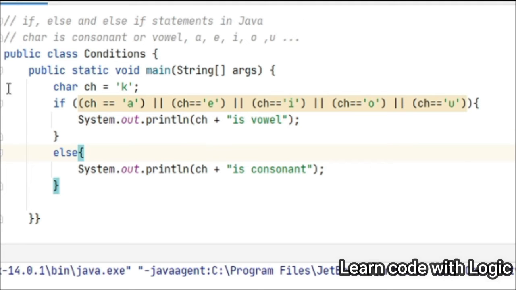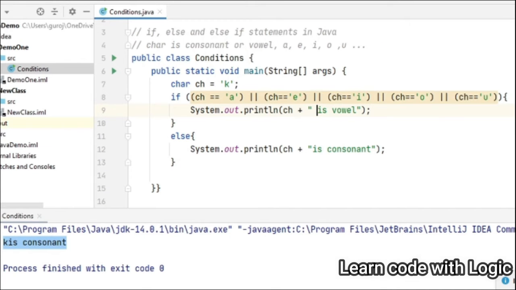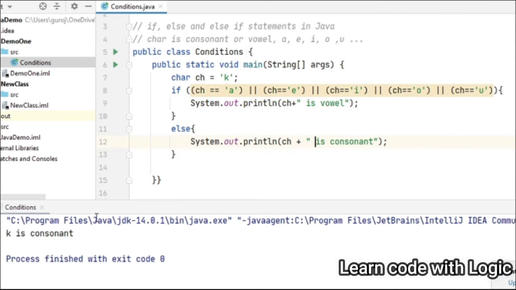Now let's run the code. Let's see, k is consonant. Let's give a space to understand better. Let's run the code again. Let's give A now.